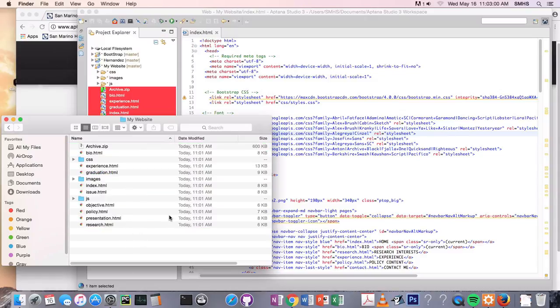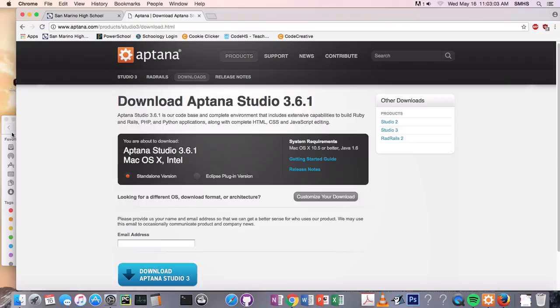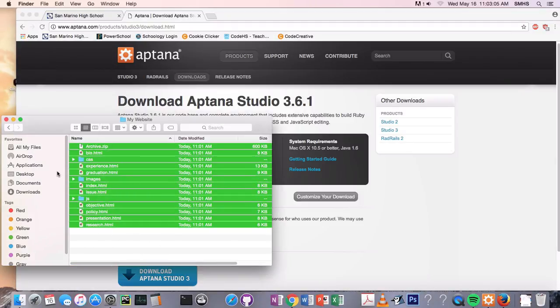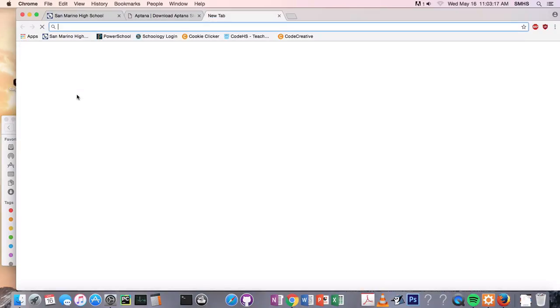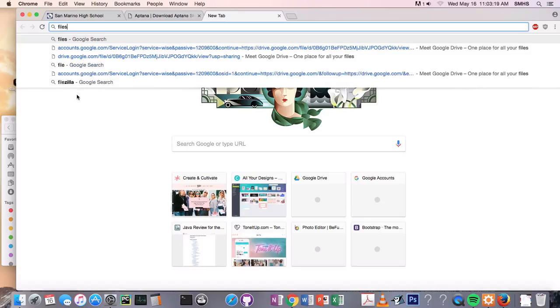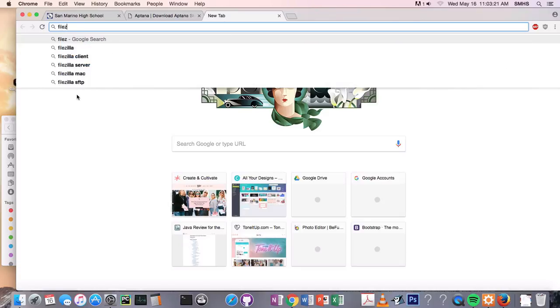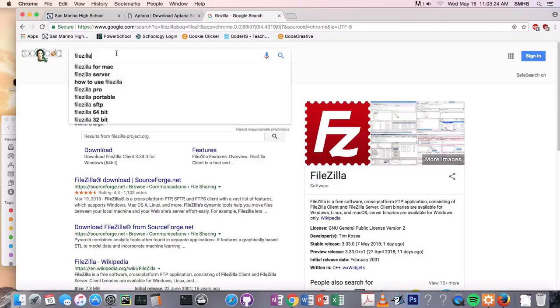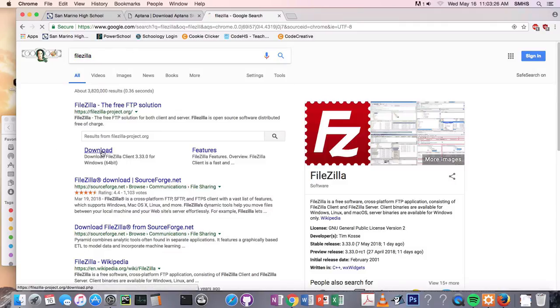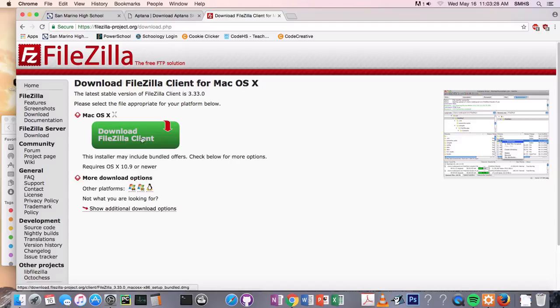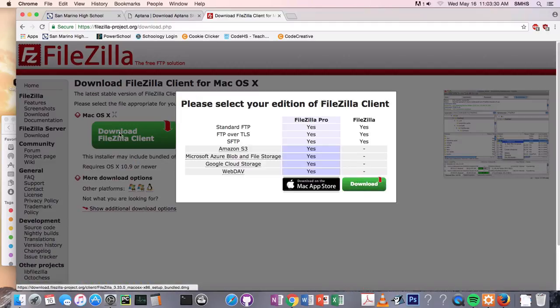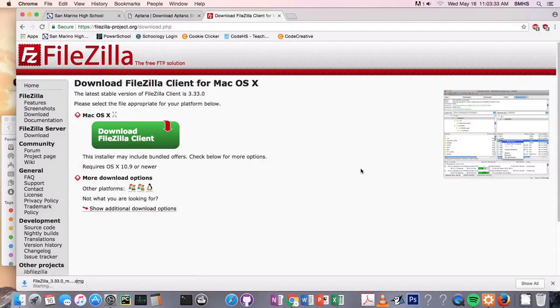Now the next step is to download a program that's going to let you put these files that are on your desktop onto the web server, which is the space that we rented from SiteGround. There are many different programs that will do this, but I use Filezilla. So you'll search for Filezilla and say download, and you will install it. So maybe I could do that here. Download